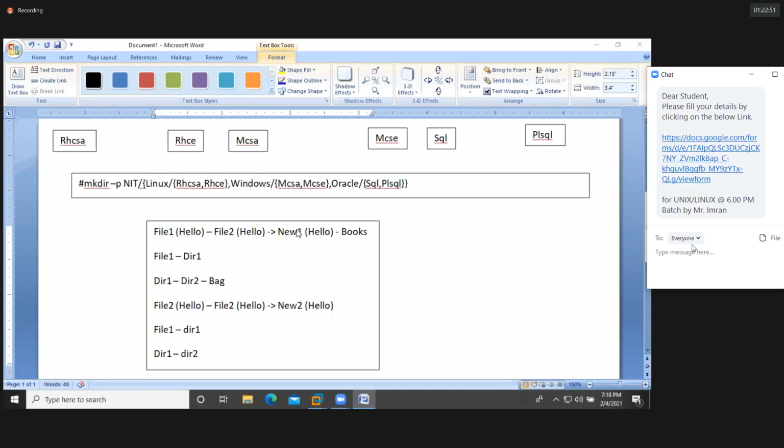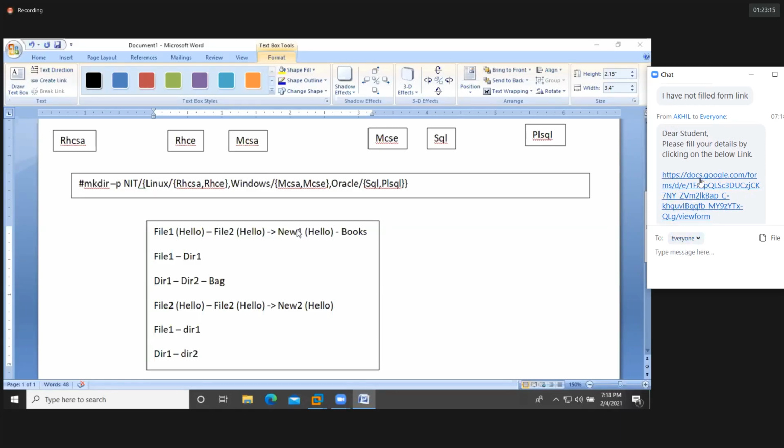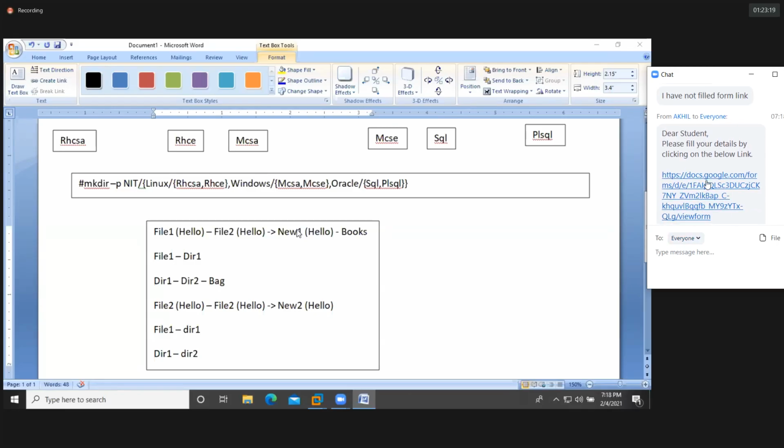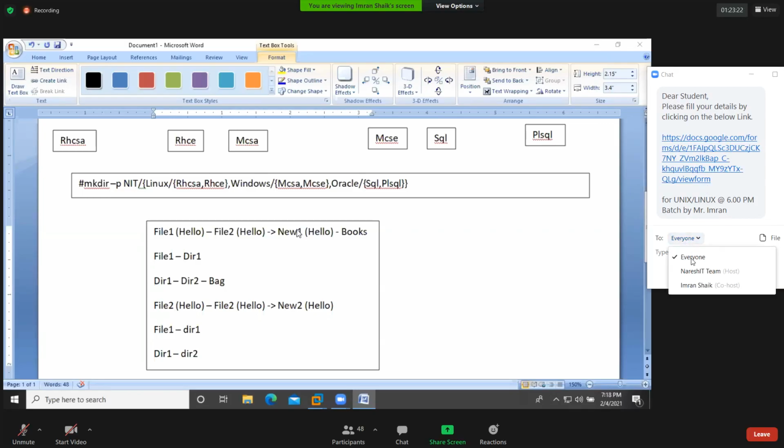At that time, I will tell you. Okay, guys, I already gave you the information, what type of stuff we are going to discuss chapter wise. I think in the second class itself I gave you the information. So don't worry about how we need to set up the lab. First of all, try to install VMware and then install the proper operating system. Then you can do the practical session. So don't bother about the networking setups. Definitely I will teach you while we are discussing the networking concepts. Okay.